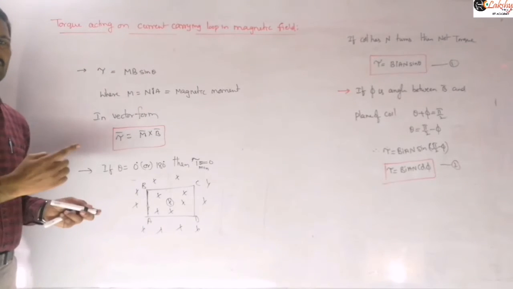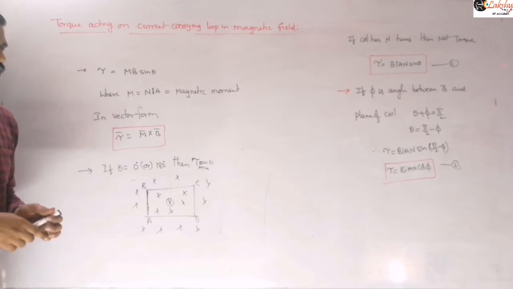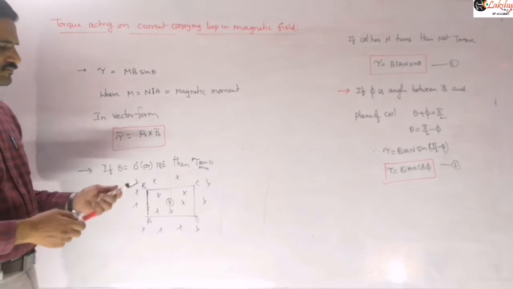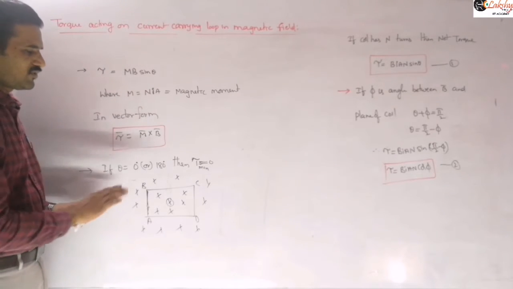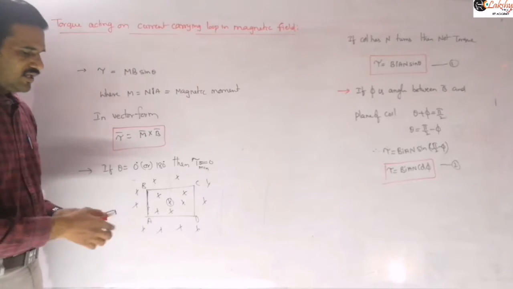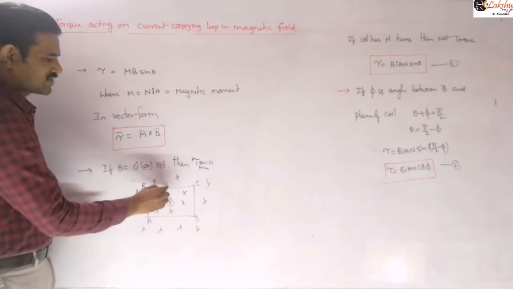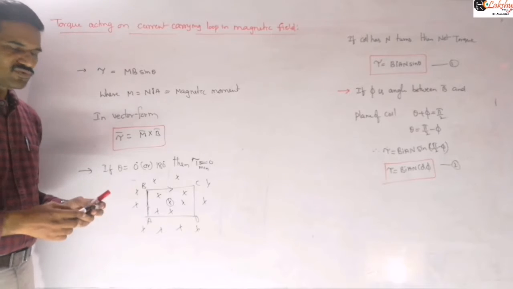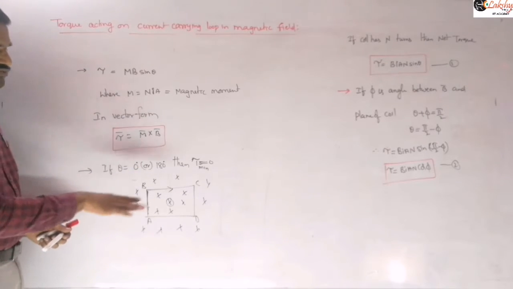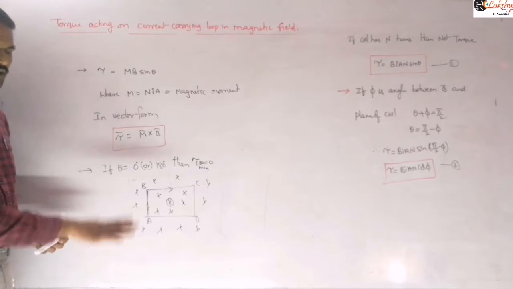Theta means the angle between magnetic field and normal. So theta value is 0 means the magnetic field itself must be along the normal direction. If the current is flowing in clockwise direction, then you will get theta equal to 0. If current is flowing in anti-clockwise direction, then you will get 180 degrees. I will discuss that M bar direction later. So here, theta is 0 or 180, right?